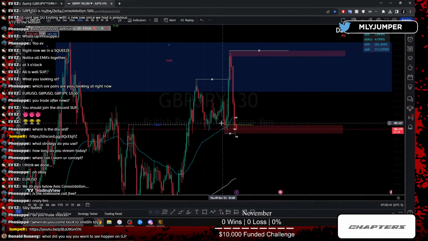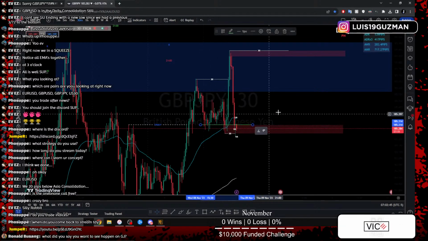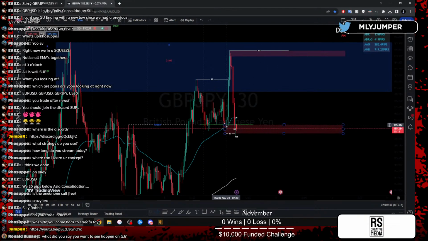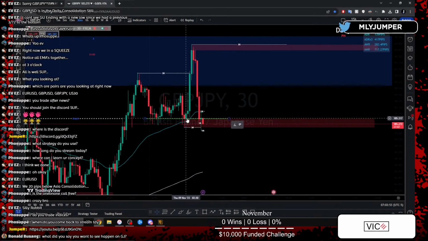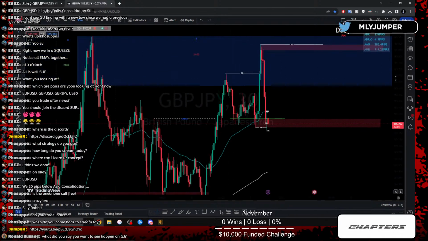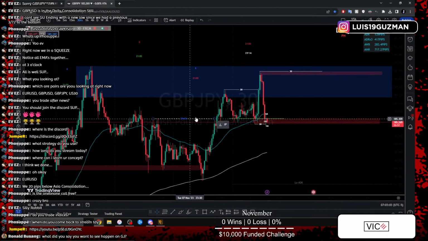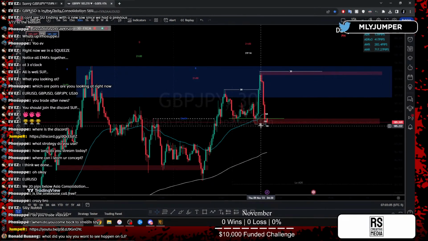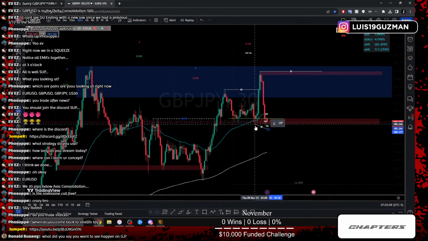If you see this is our low of the day. At this point, looking at the candle closures, I'm not looking at the wicks, just looking at where the candles closed. This is our low of the day. If price ends up closing below, then our entry going long is invalid, because we're still trading between this high broke, so our 30-minute. Since this high broke, we're trading between this low,